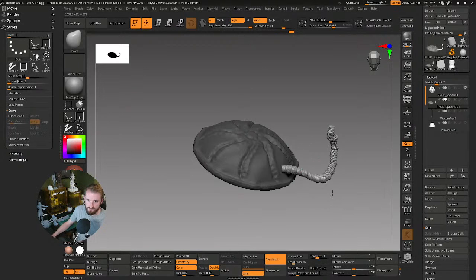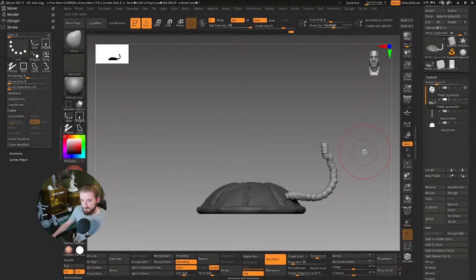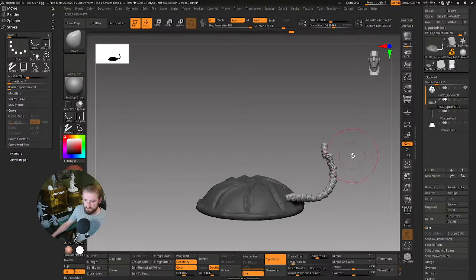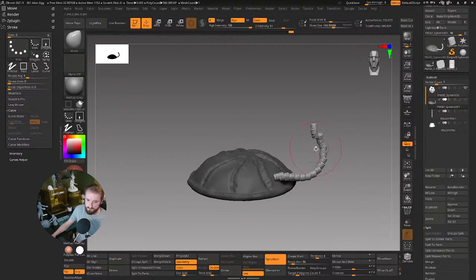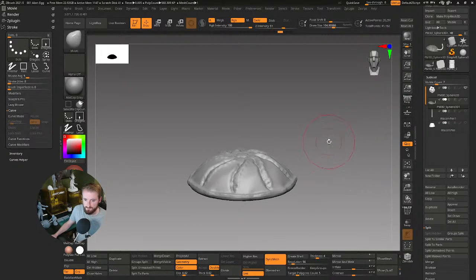and mask the curve that you've just drawn out. It'll mask the new shape, and then you can come down to your split unmask points and make it into its own separate subtool. However, what we are doing